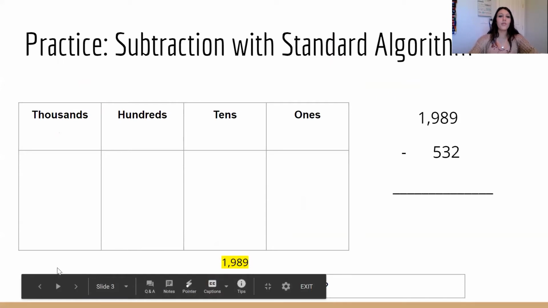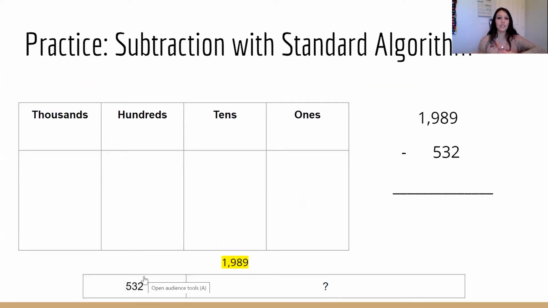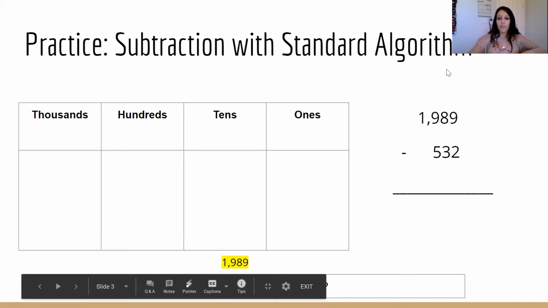So first off, we're going to practice subtraction with the standard algorithm. Just like we did with addition, we're going to practice with the place value chart and the standard algorithm side by side. That way you guys can see why we're doing what we're doing, how we're doing it, and what we're doing exactly. So our first problem is